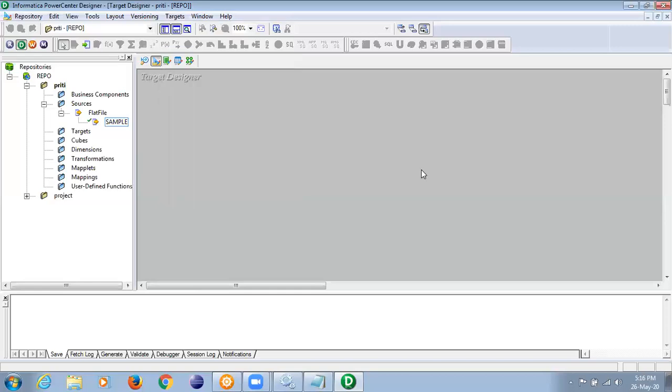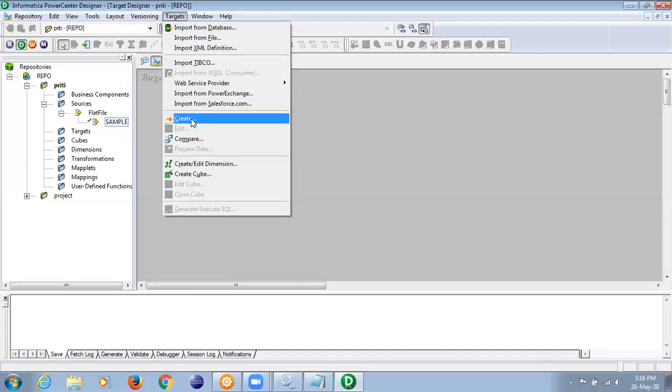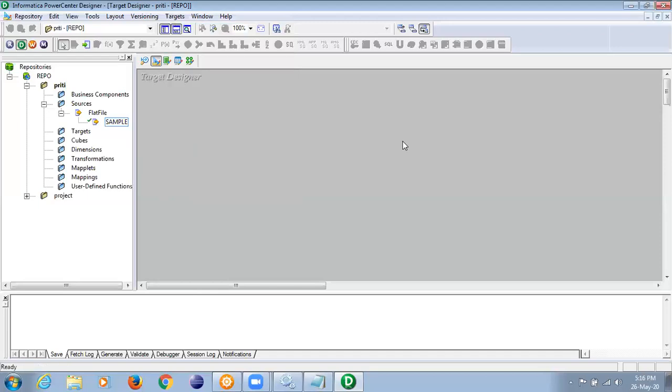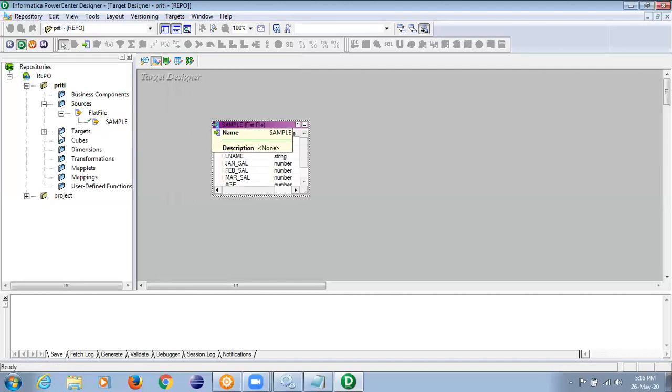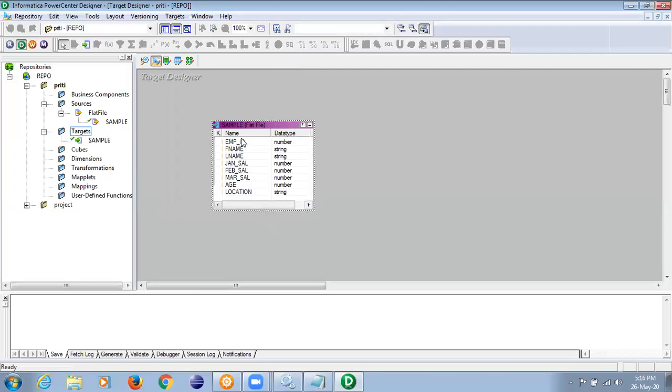And the third possibility, so what was the first one? I told you to go to the target and create it manually. Second option is to import from the file. Third option, interestingly, is to simply drag and reuse the structure in the target. Did you see there is a target which appeared here? I anyways was requiring only the structure and I got the structure. That's it.